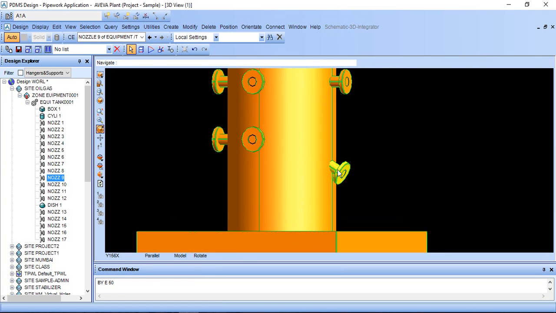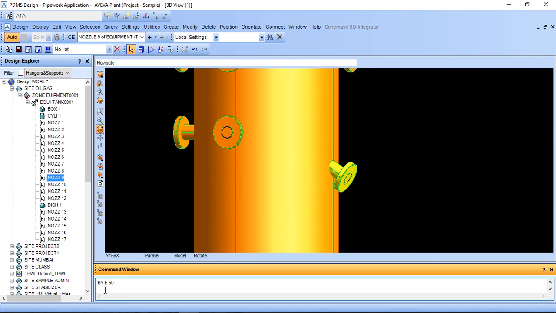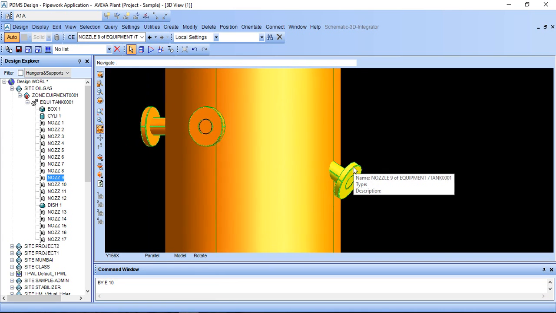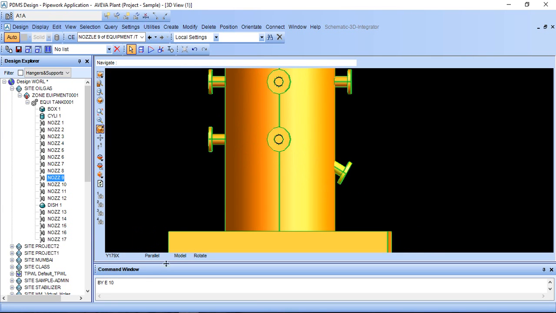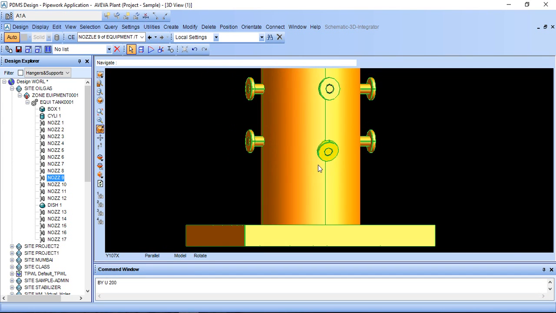So it will be seen like this. So here it is rotated through 90 degree. If you want it upside, by just up 200, so it will come like this.